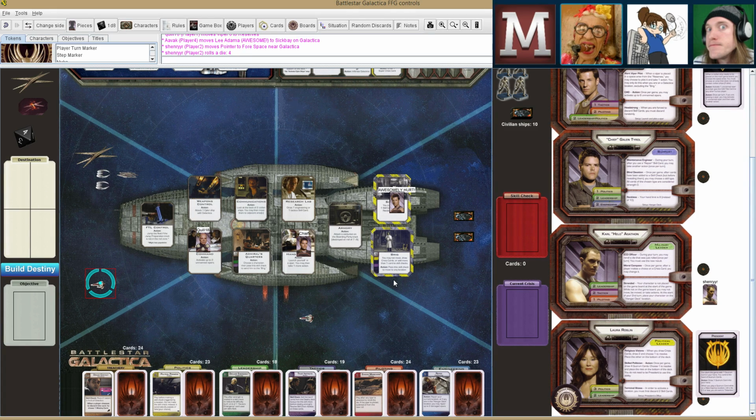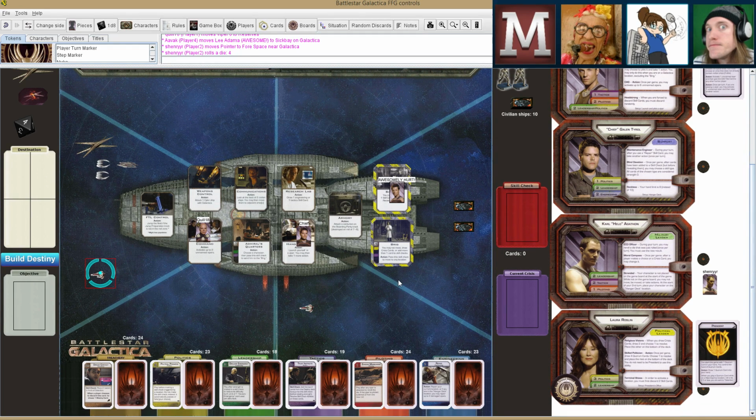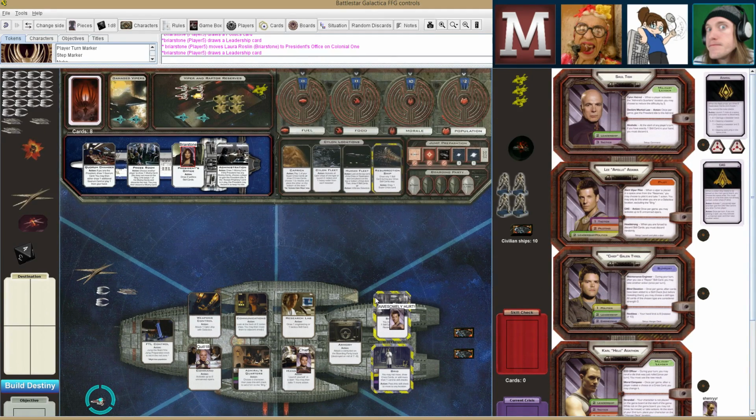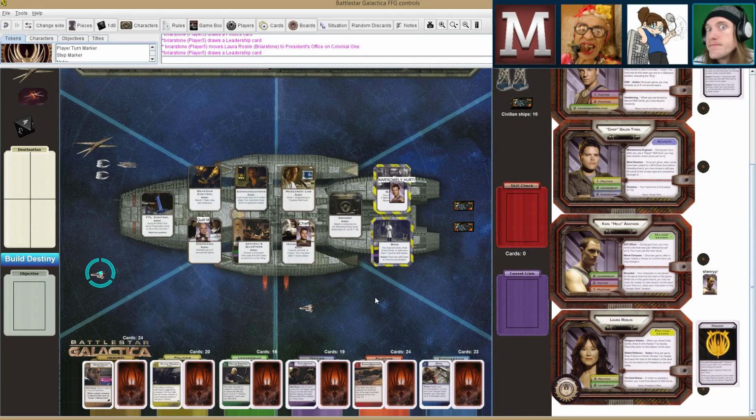Perfect. Good job, Shen. Laura Roslin, Madam President, it's your turn. Draw your 5 skill cards. You've drawn your quorum card before, right? Go ahead. Yeah, I've already got one. Good. 3 of those and 2 of the leaderships. Like so. Very good. Well, as your most esteemed leader of the colonies, I am going to...